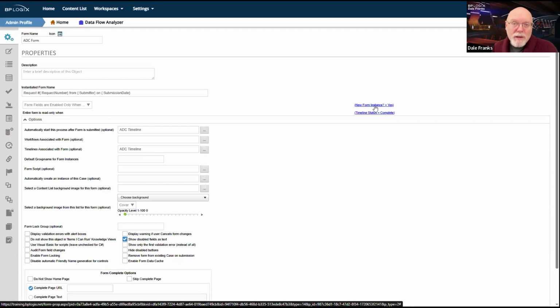But if there's a conflict between this and another visibility condition, where I actually want a field or a section, in our case, to be editable, then the object at the lowest level wins. So the form is the top level object. Below that are containers like sections or embedded section controls, or I guess array controls are technically a kind of section. Those are at the next lower level. And then below the level of container controls are the actual individual field controls, text boxes, checkboxes, drop downs, and what have you.